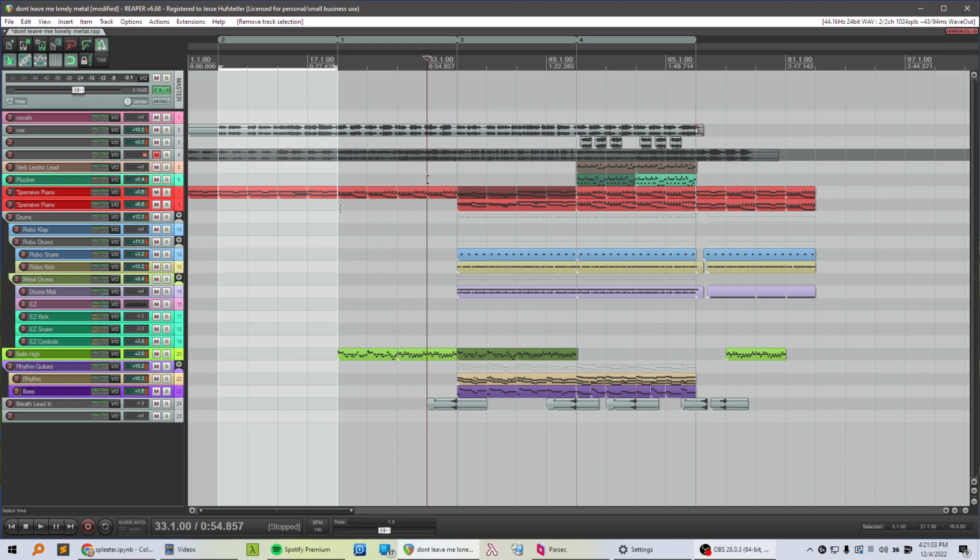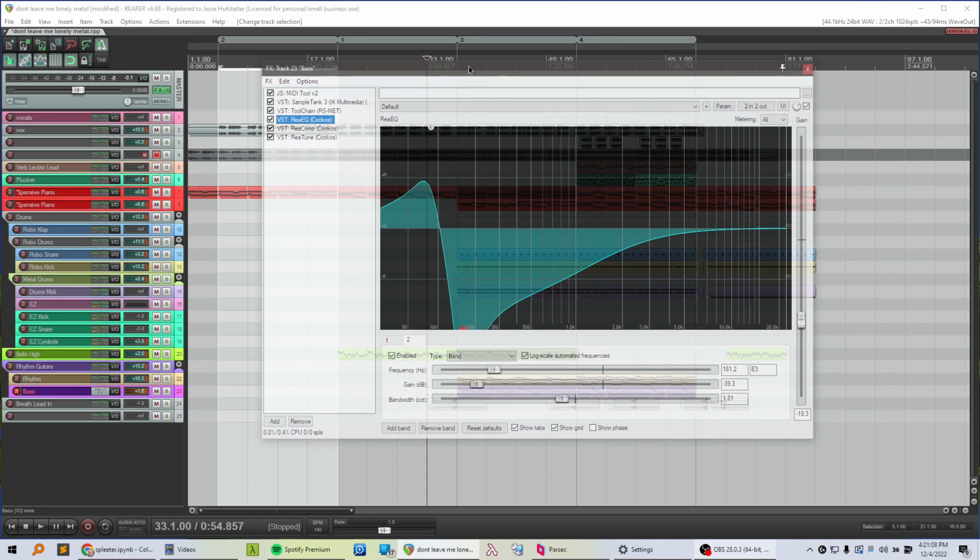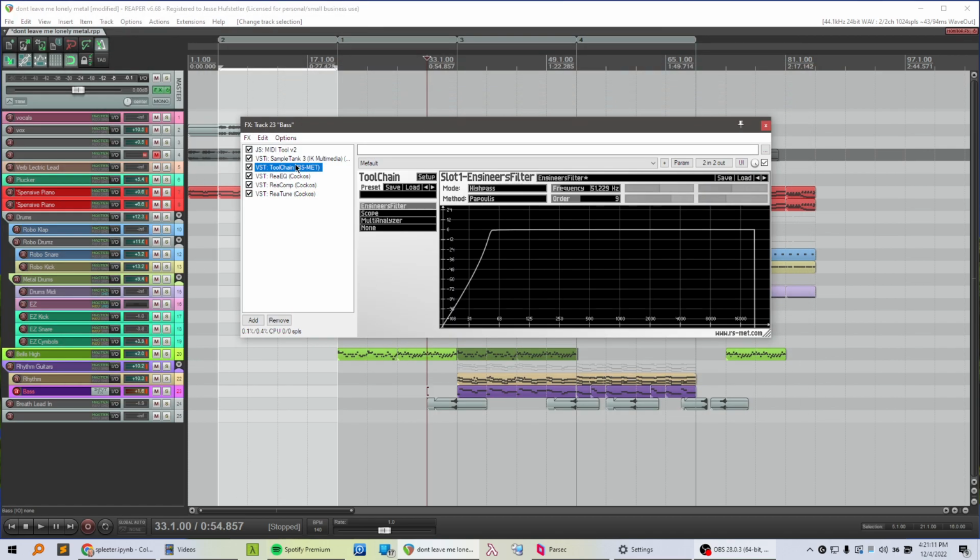Oh, one other thing, I was goofing around with the bass guitar, and I don't know if this was a good thing to do or a bad thing to do. There's this tool called Engineer's Filter that got bundled into a tool called Toolchain by RS Met, and it is amazing. Like, wow. I don't know if this is going to make sense to people, but it's an IIR, infinite impulse response EQ, where you can make filters.